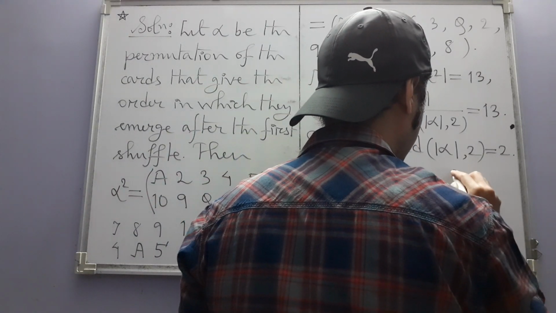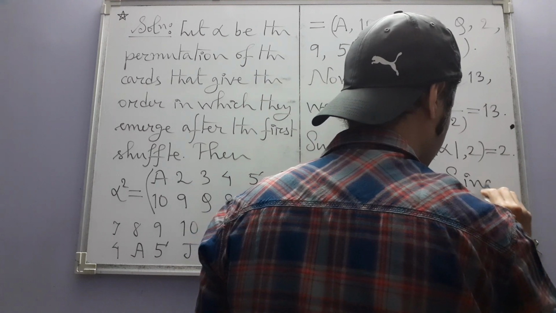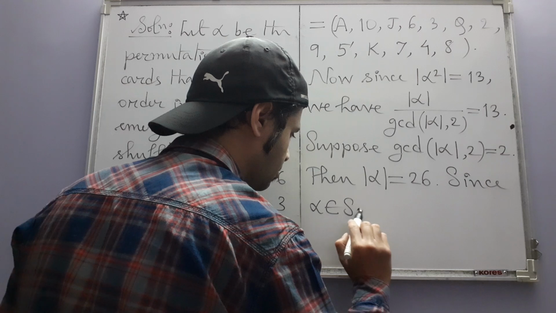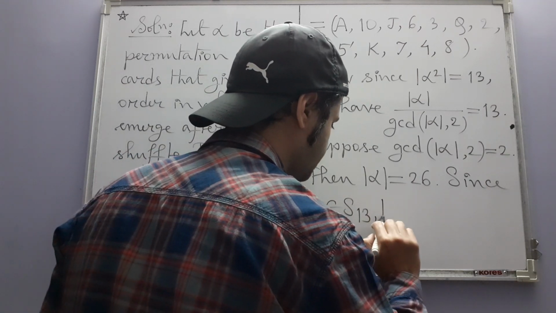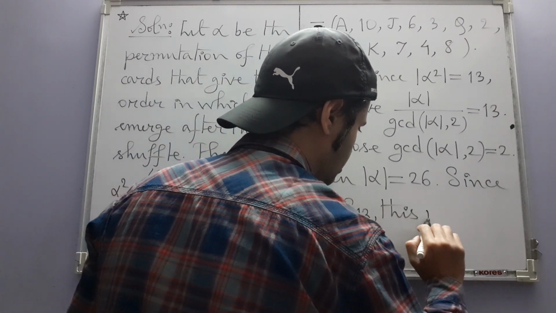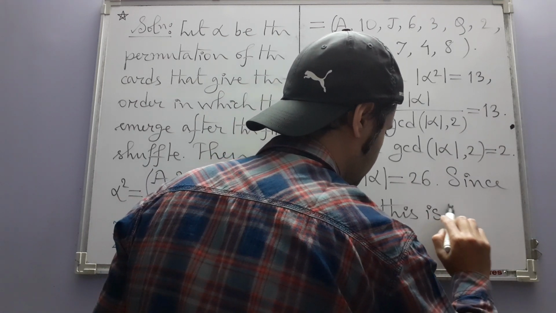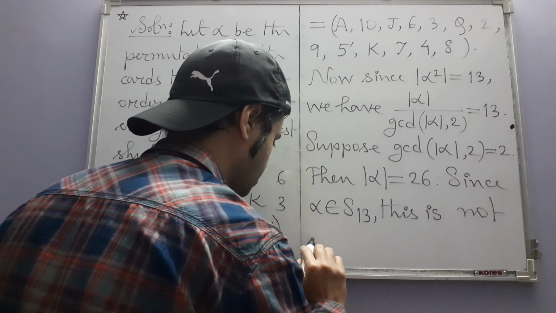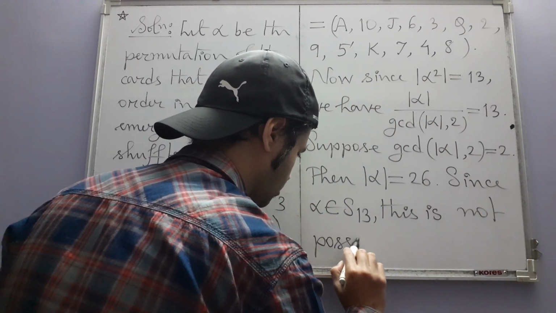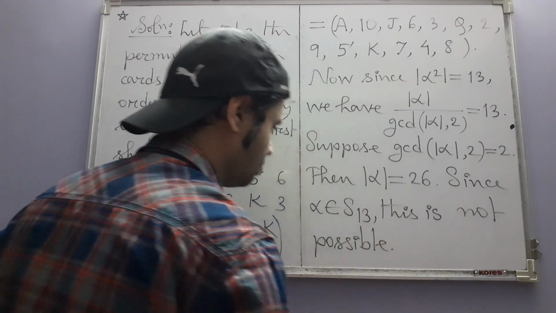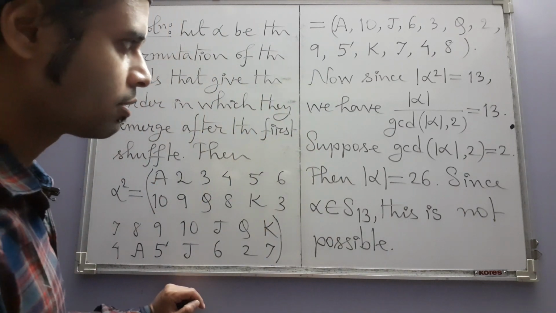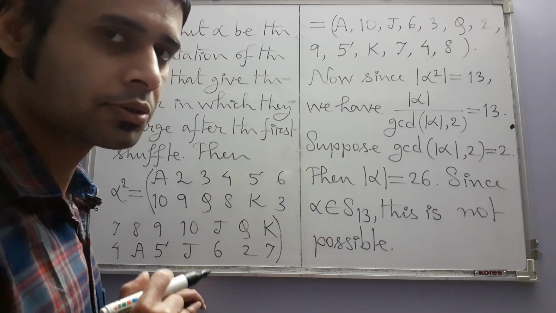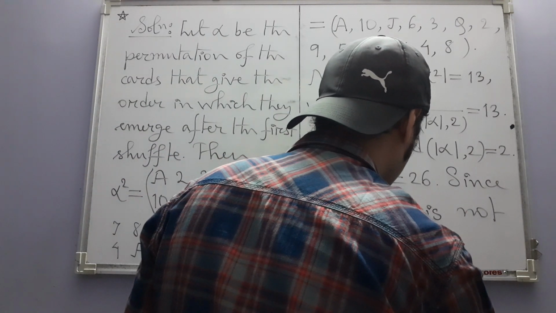So we just simply write like this: since alpha belongs to S13, this is not possible. That means our supposition is wrong and we are left with only one option, namely that this GCD has to be equal to 1. Thus,